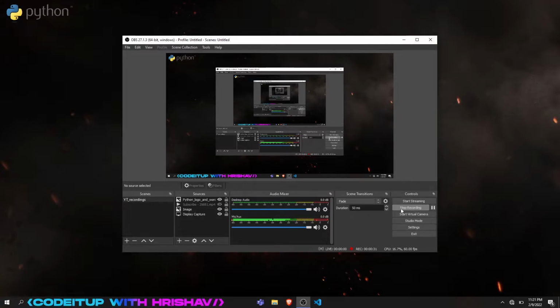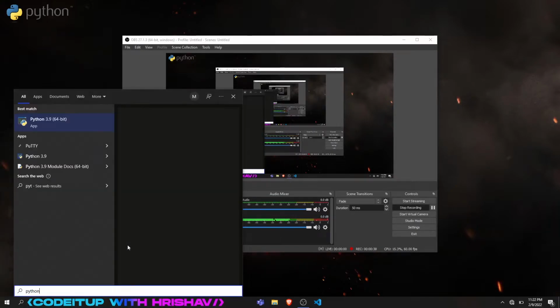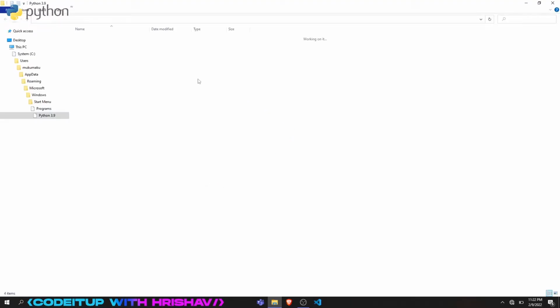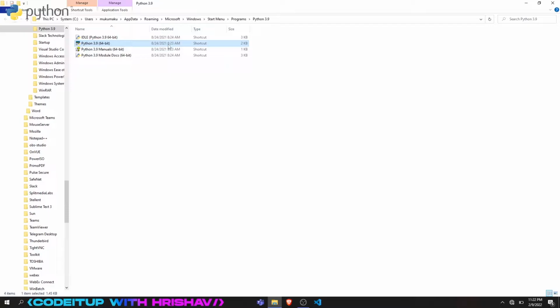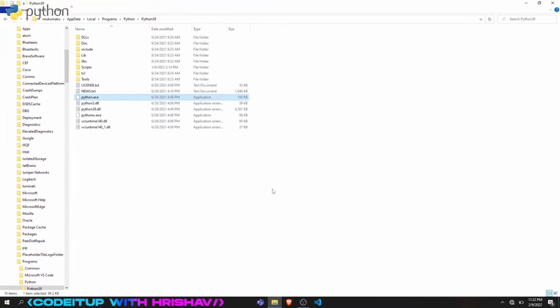So follow my steps and solve this issue. For that, type python here and open its file location, then open its file location too, open file location. Then we have reached into the folder where we had installed python. So for this, copy this folder's address